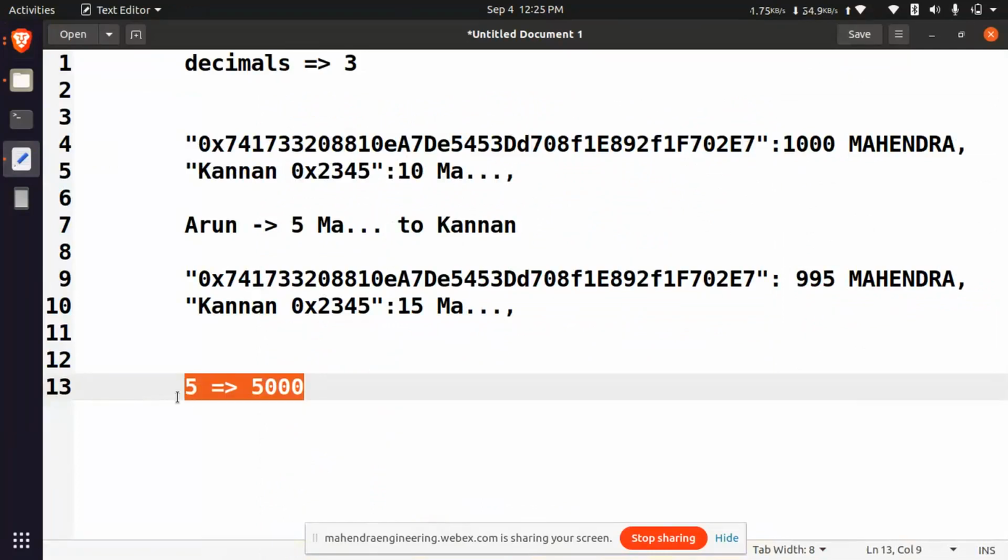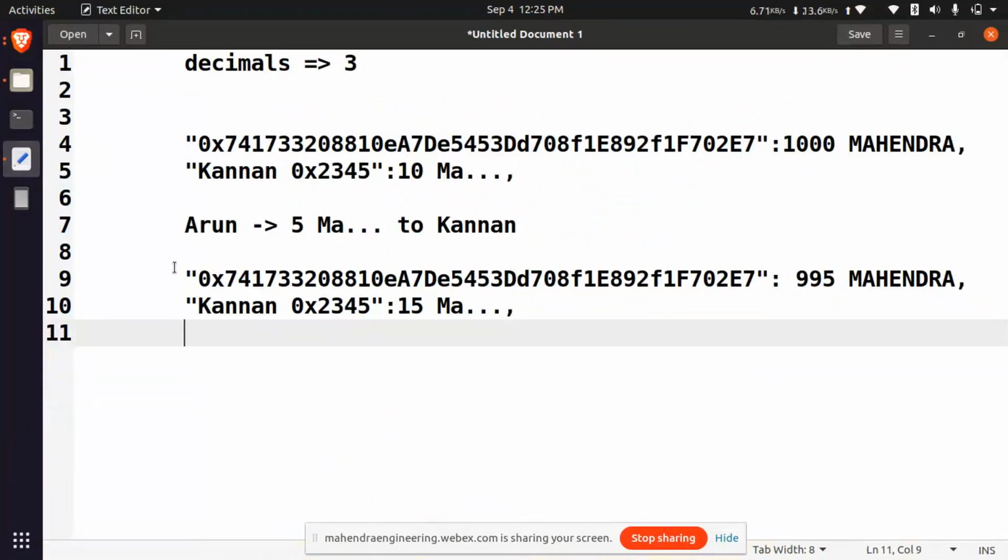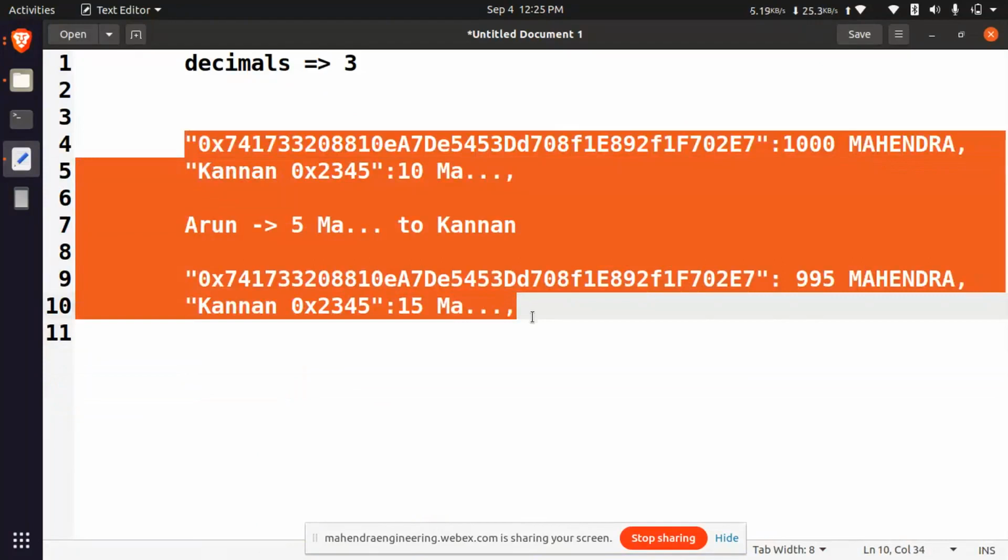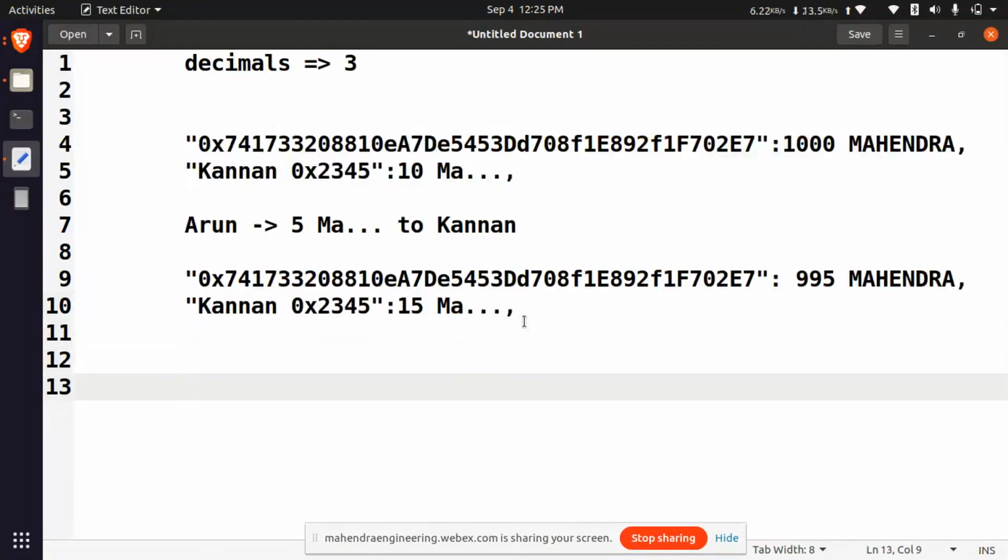This is direct transfer. Here I made a direct transfer, but there are 2 parties involved. I am allocating 10 tokens for Kanan. He can withdraw the 10 tokens anytime. Let's say I am giving 10 tokens to Kanan.